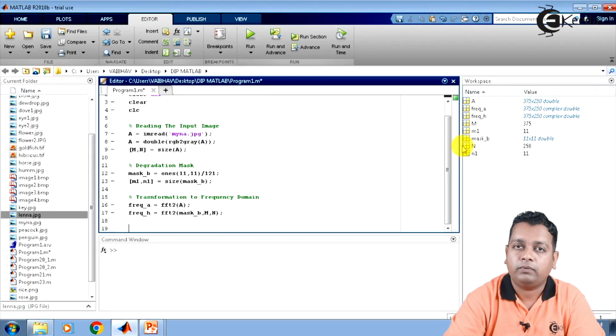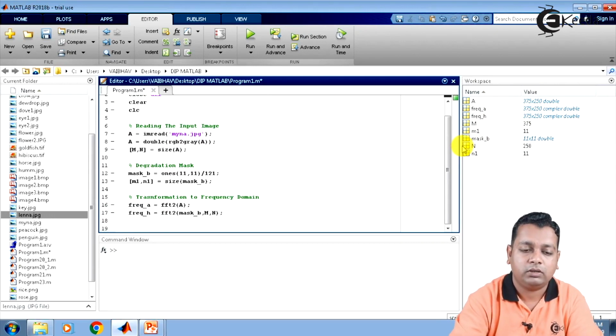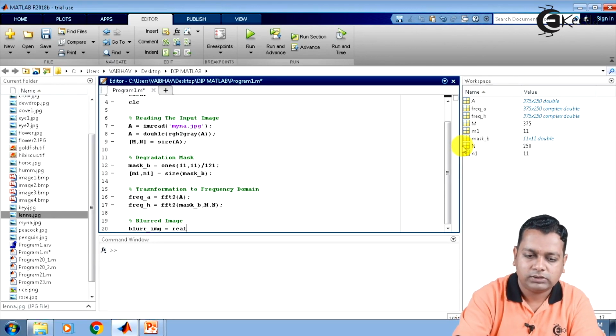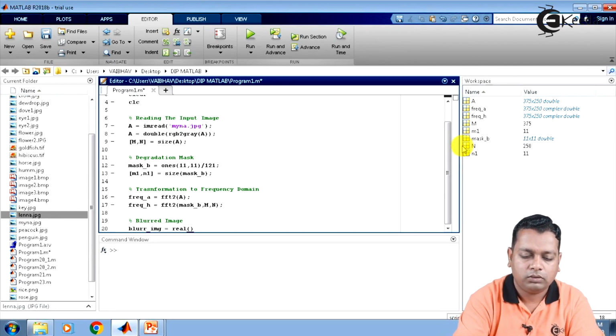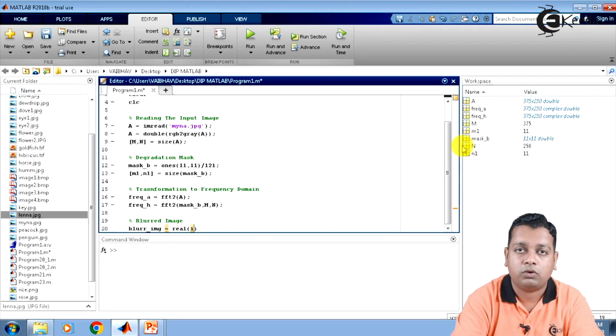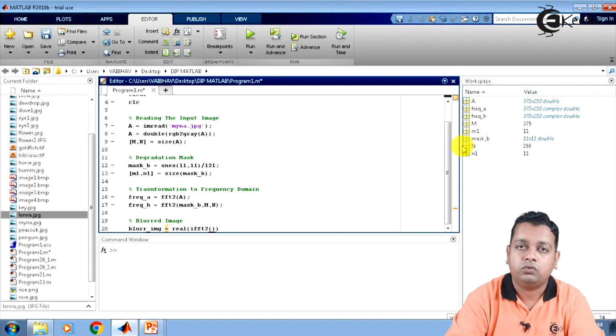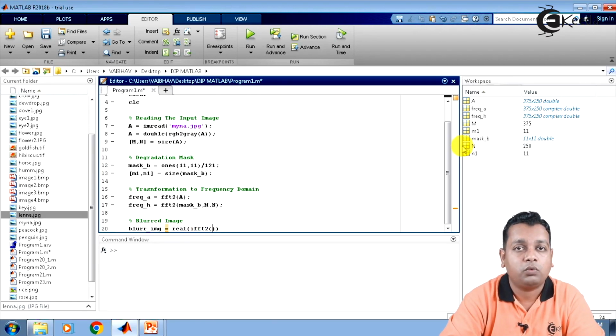Now we move further and make a comment to represent the computation of the blurred image. Let us represent it by the variable name blur_img, and it shall have the computation as the real part of the inverse Fourier transform on the two-dimensional data. The ifft2 command we are using shall be applicable to the pixel-to-pixel or simply the coefficient-to-coefficient multiplication in the frequency domain.